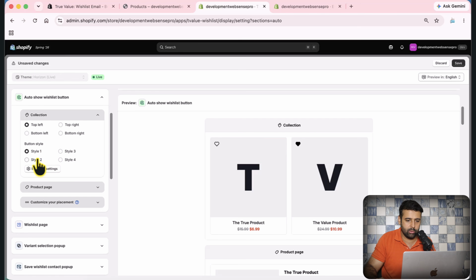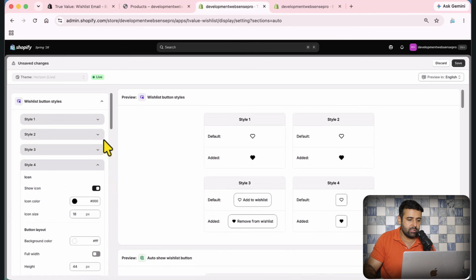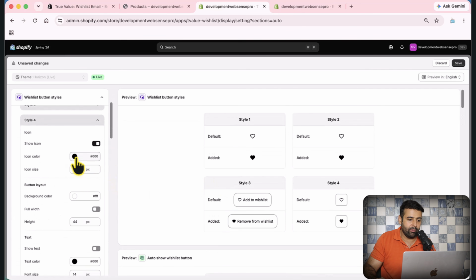Style 1 and style 2 looks pretty similar. That's the style 3, and that's the style 4. Yeah, that's a little bit different than style 1. So here we also have the option of edit style settings. So if you want to change the style to a different color maybe. So let's say if I change it to red,